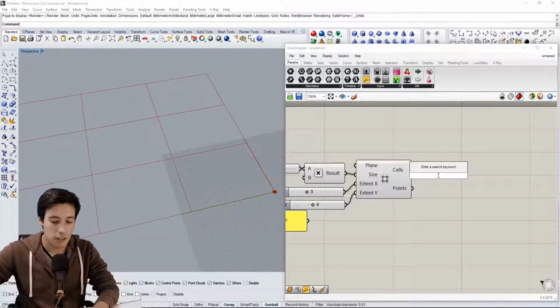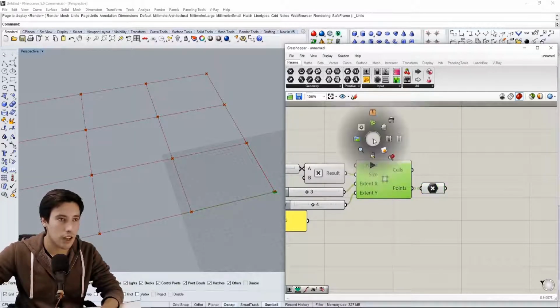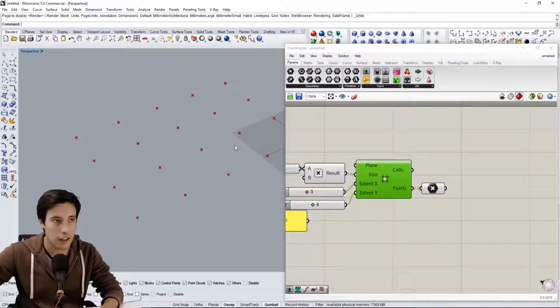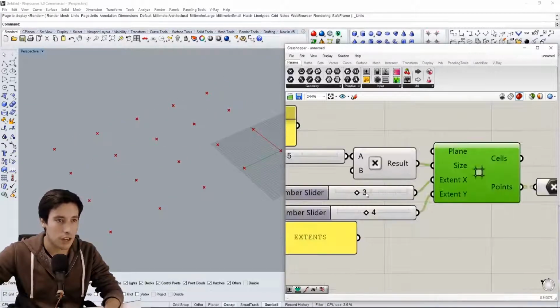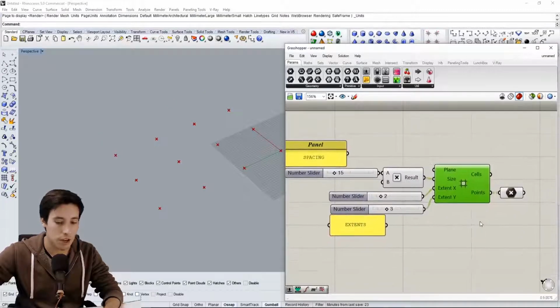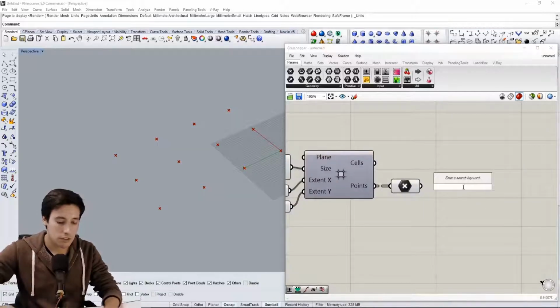But for now, we're just going to be using the points. So if I double click here and I go to points, we can see that we can just extract these points and we can almost hide the grid here. So now we have just the points of where the structure is going to go. And we can come back here and make it a little bit smaller so we don't have such a complex geometry. And so let's take this and create some circles,